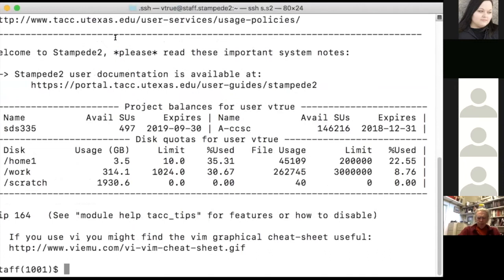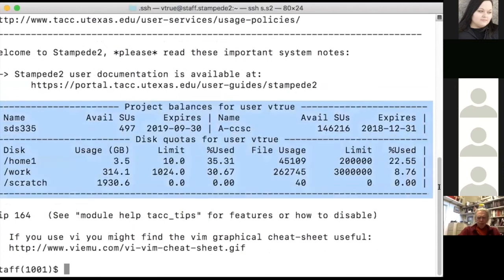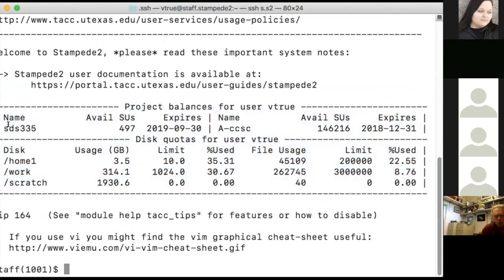Okay, so now I'm logged in. And here you can see when you first log in, there's your project balances. In this case, you can see that I am part of 2 different allocations, this SDS 335 and then the A-CCSC. And then you can also see your file system usage.